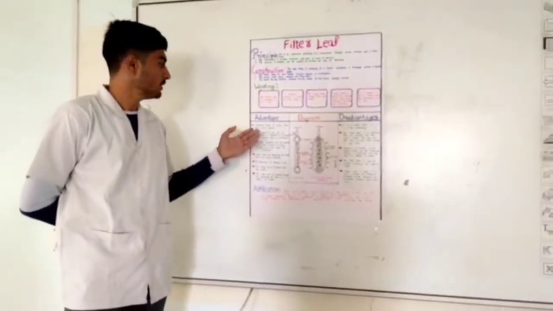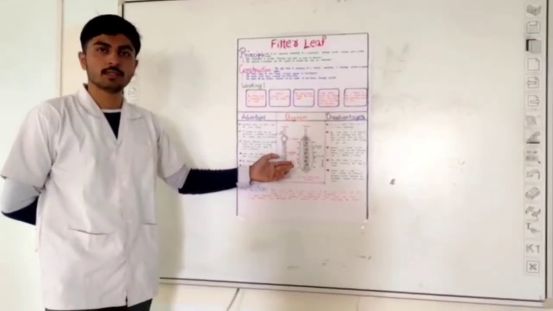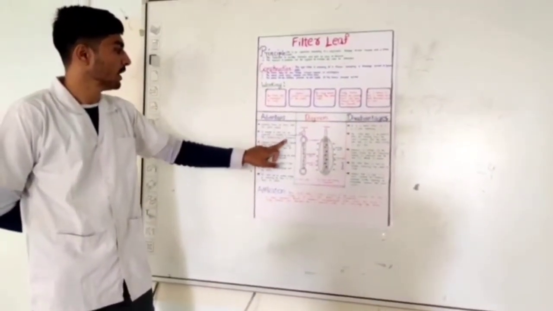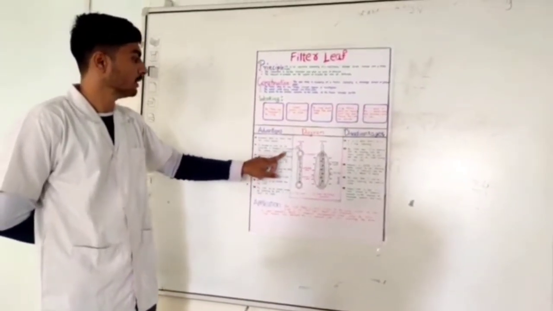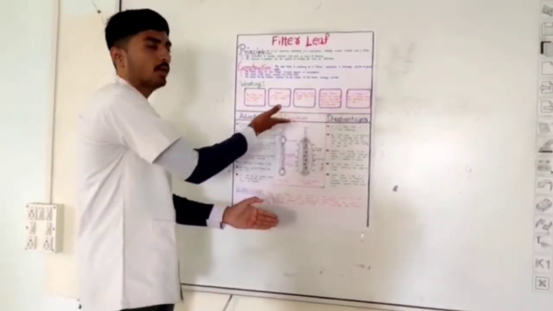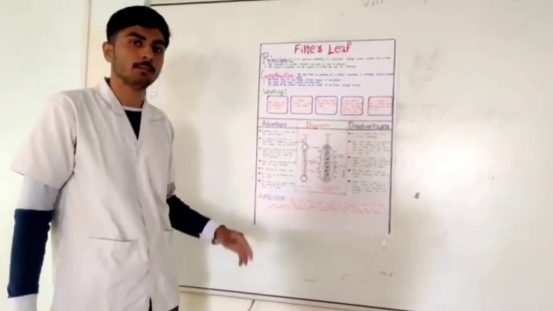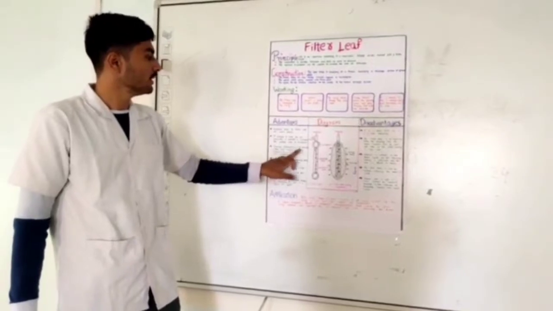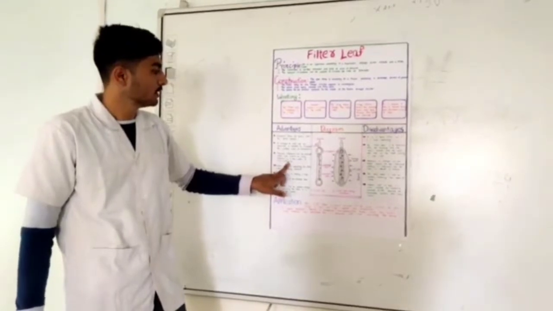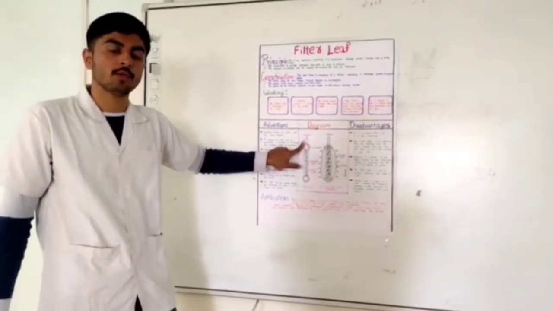Discussing the advantages, it is the simplest form of filter used for batch processes. Again, a number of units can be connected in parallel to increase the surface area of filtration. That is, this is a single unit. In this way, we can attach multiple units to a single tubing or single outlet, so we can enhance the filtration process. The pressure difference can be obtained either with vacuum or using pressure up to the order of kilopascals.